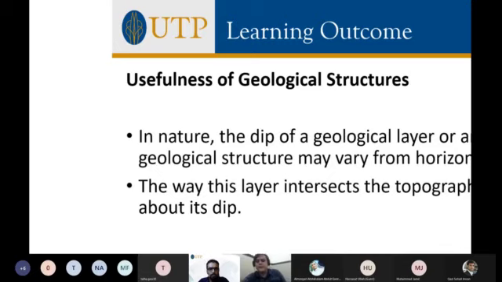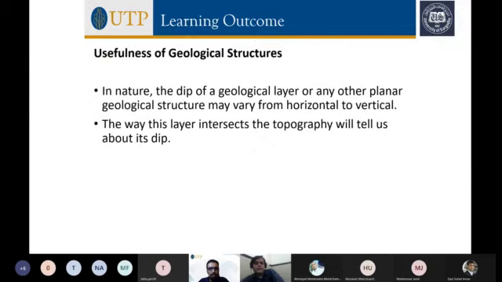Maybe the two screens are causing an issue. Are you sharing the PowerPoint or the screen? I'm sharing the PowerPoint. Now can you see that? Yes, now it's fine. Because I think the other system was causing the problem. Okay, thank you. All right, welcome, sir.